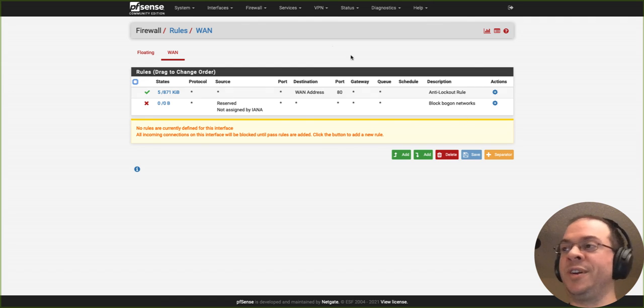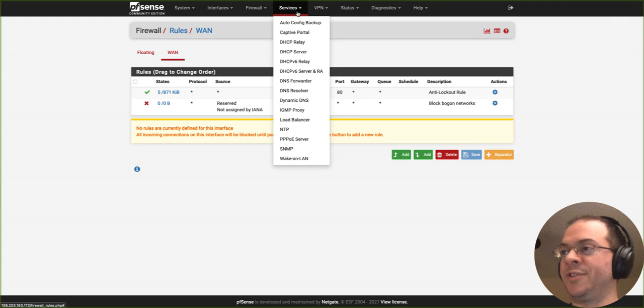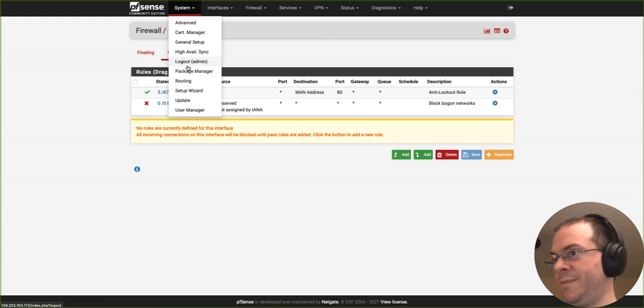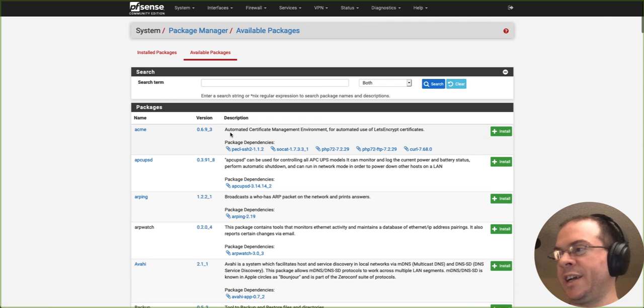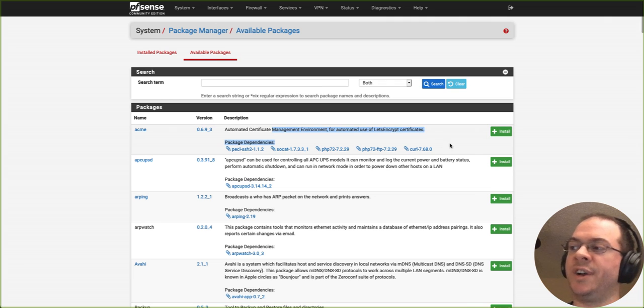First off, I would turn on ACME certificates. Let's see, package manager, available packages. ACME right there to use Let's Encrypt certificates, unless of course you've got your own certificate that you've paid for. So yeah, I would turn on encryption because I actually was at a company that didn't use certificates and ran all their